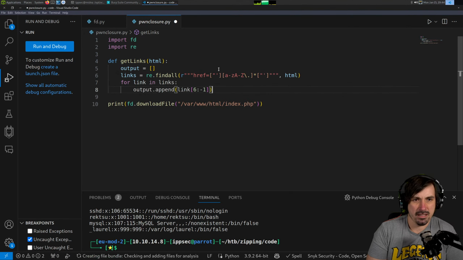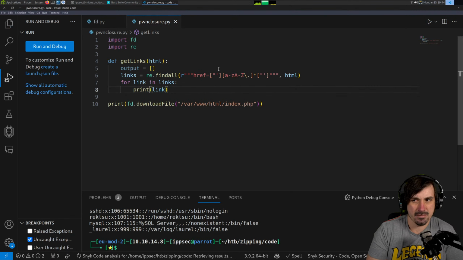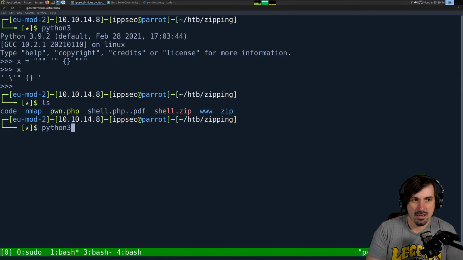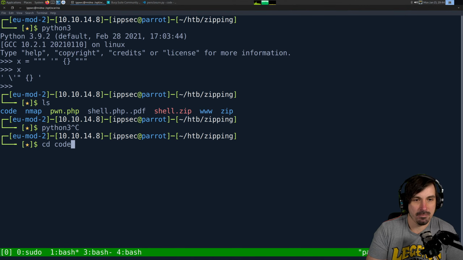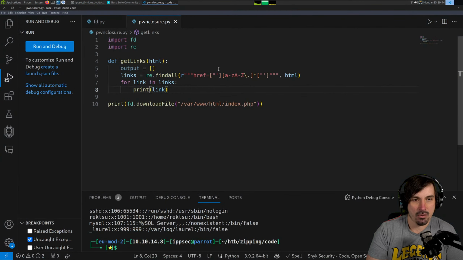Okay, for link in links, let's print link. Dashes, that would be a good one to add. I can probably add that as well. Let's just see what this looks like real quick. We're only printing that. We want to print